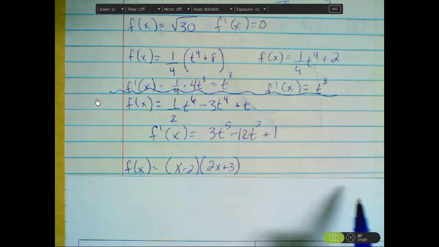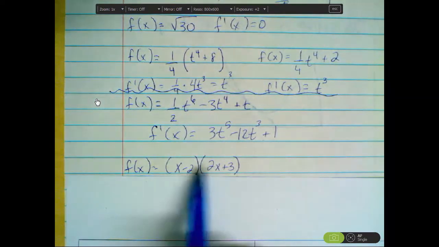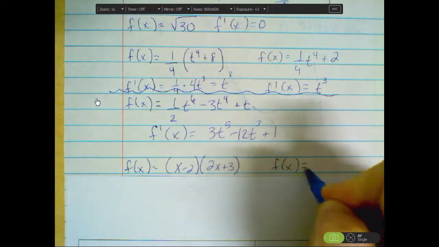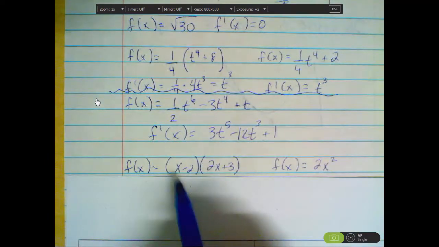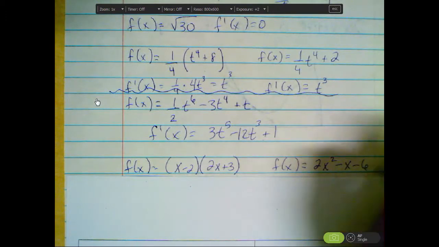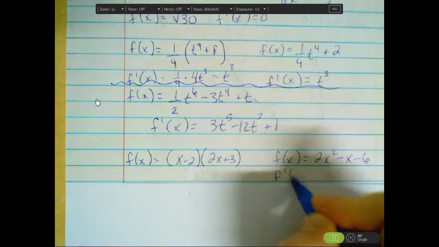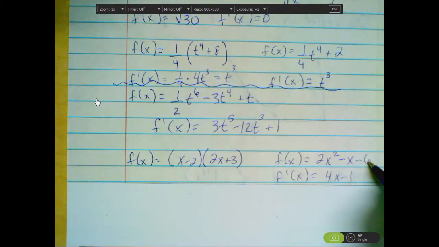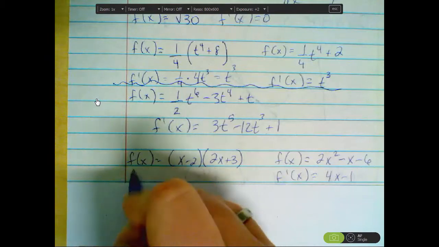Here's another example. I would use the product rule here, but if you prefer to multiply, let's do it both ways. So if I distribute, I get 2x squared. My outside is 3, my inside's -4, so I get minus x minus 6. So the derivative of each term is 4x minus 1, 0. Remember. But if I do the product rule,